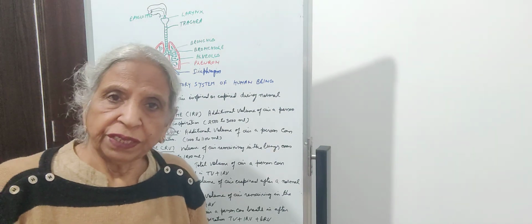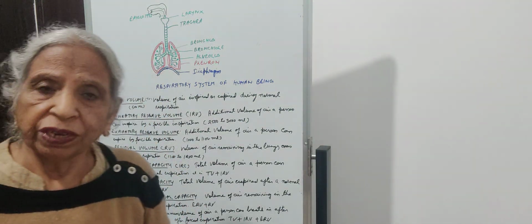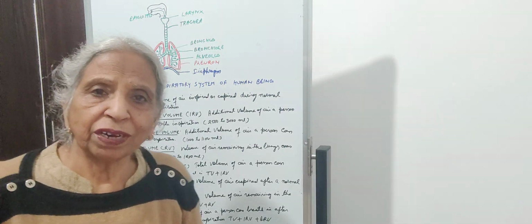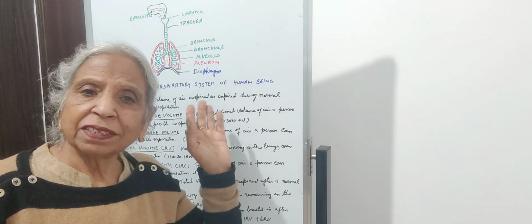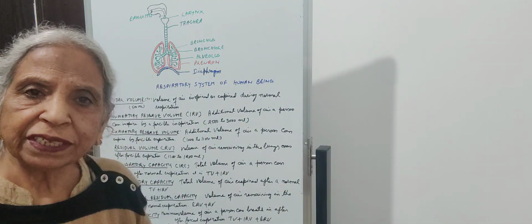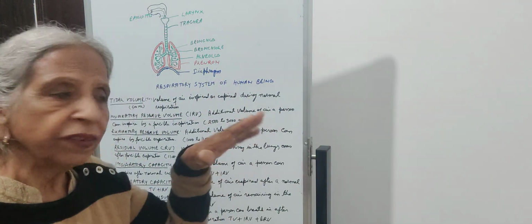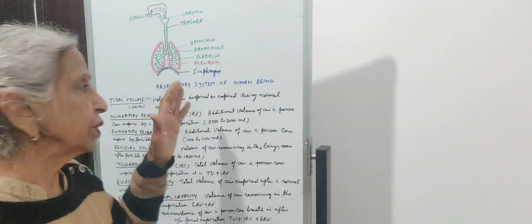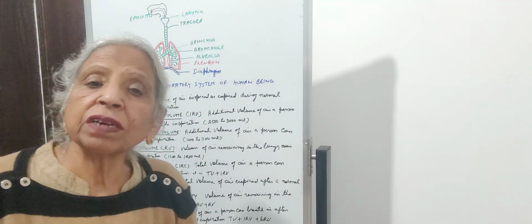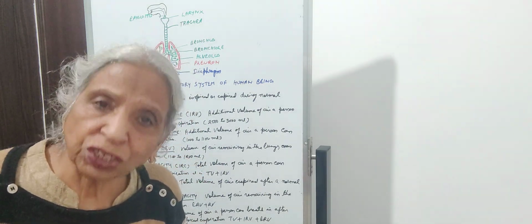Then is diffusion. The second step is diffusion. When the oxygen reaches the alveoli through the conducting part, and the blood is having carbon dioxide, the carbon dioxide will be released to the alveoli by the process of diffusion. The oxygen will enter the blood capillaries. So this is the second part, that is diffusion.